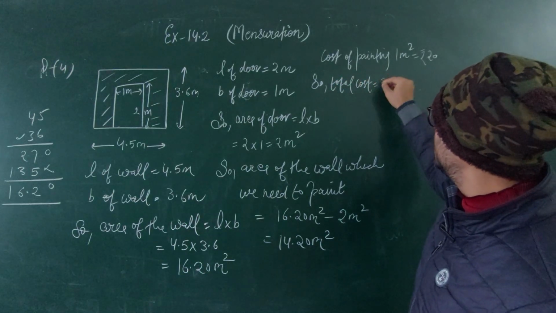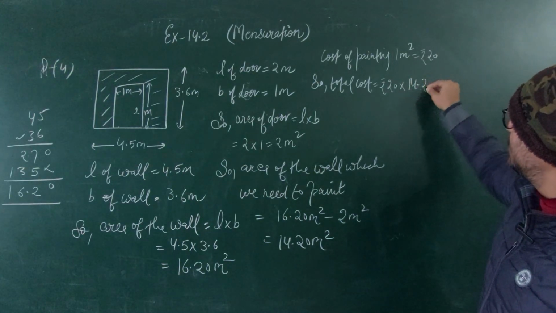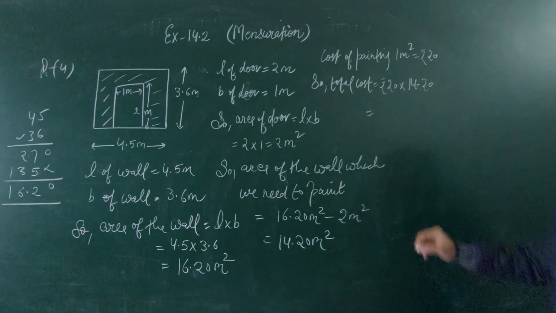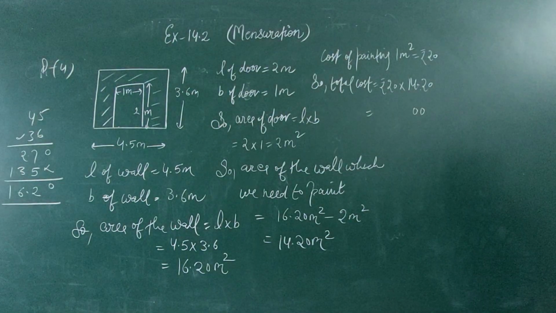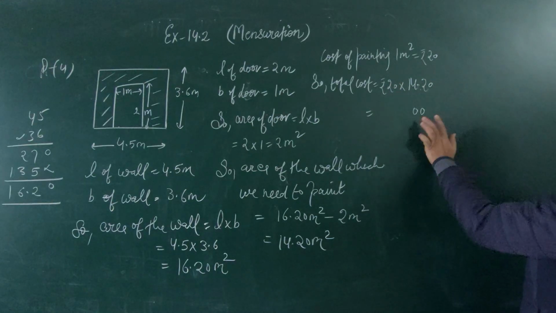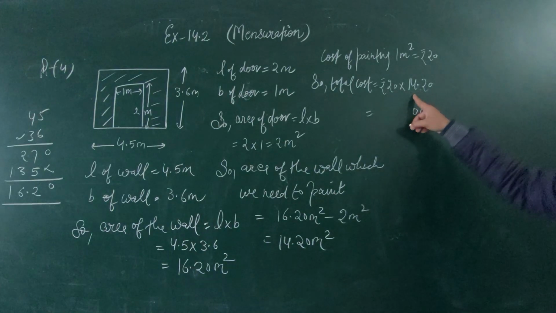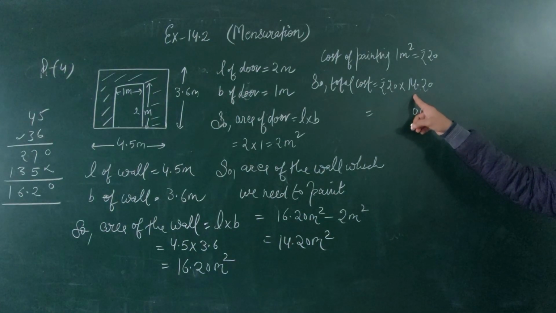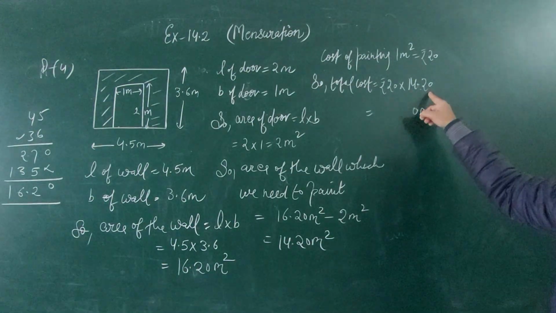So total cost will be equal to ₹20 multiply 14.20. अब एक जीरो यहाँ पर है, एक जीरो यहाँ पर है, दो जीरो पहले मेंशन कर दिया हमने. अब जीरो यहाँ से भी कैंसिल हो गई, यहाँ से भी कैंसिल हो गई क्योंकि ऑलरेडी हम लिख चुके हैं. ये सिंपल हो गया 2 और ये सिंपल हो गया 14.2. अब मल्टीप्लाई करते हुए हम पॉइंट का ध्यान नहीं करते. 2 से मल्टीप्लाई कर दो 142 की.